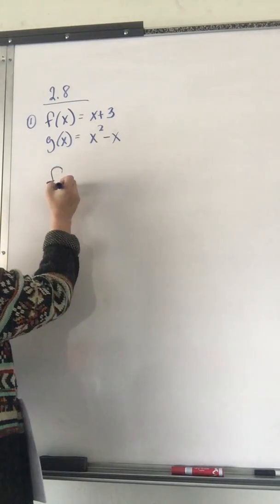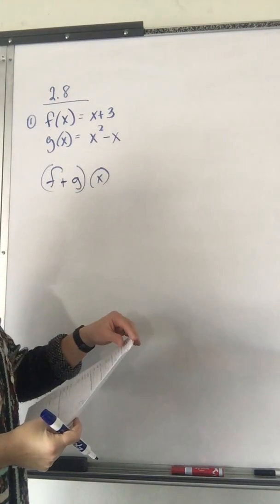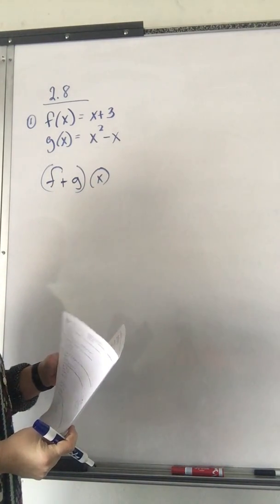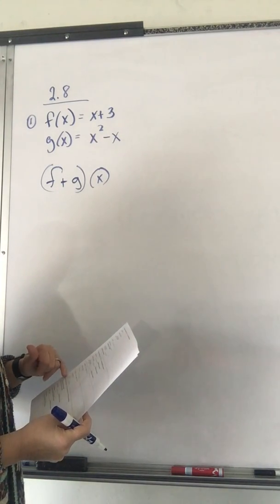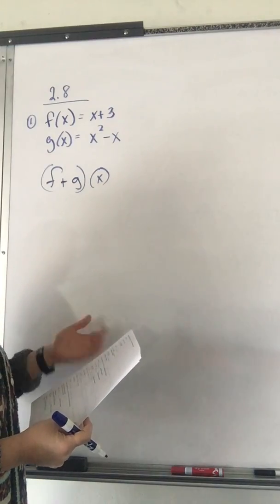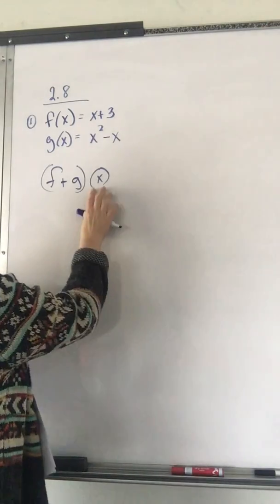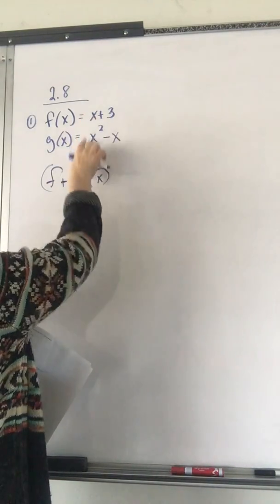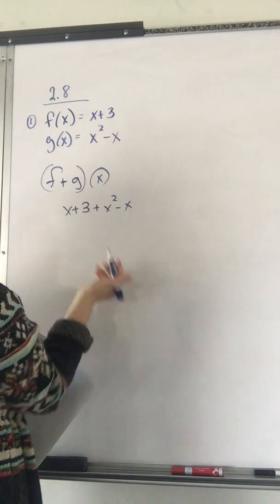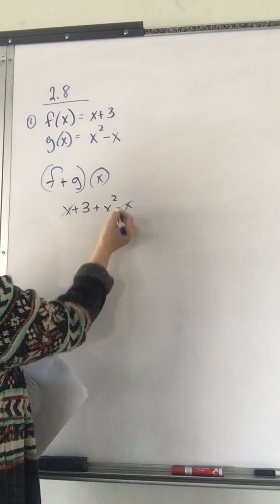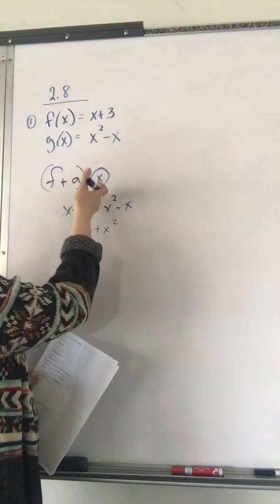Now, if it just says do f plus g and leaves an x there, which I notice most of your practice problems don't, since they have a number in place for you to actually work it out. I'm trying to see if any are just left with x in them, and I don't think I assigned any of those. But sometimes they do just leave an x in other math problems, where you just add the two functions together. So x plus 3 plus x squared minus x, and then you can combine your like terms. Notice these x's cancel out,